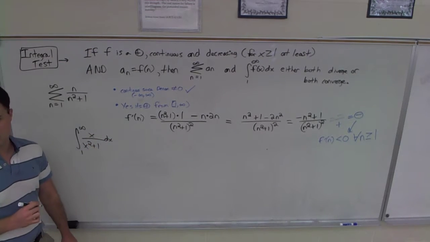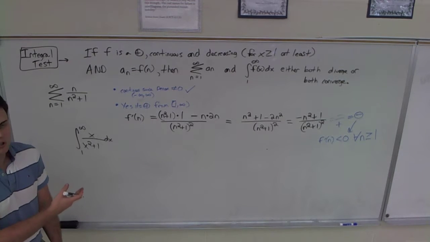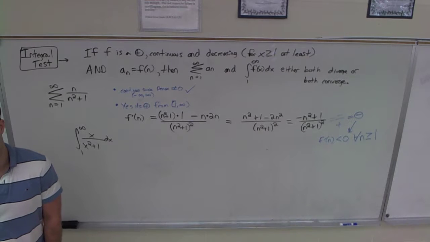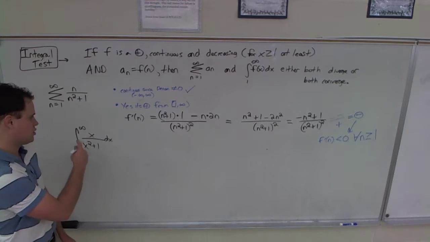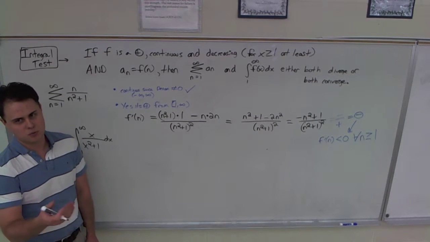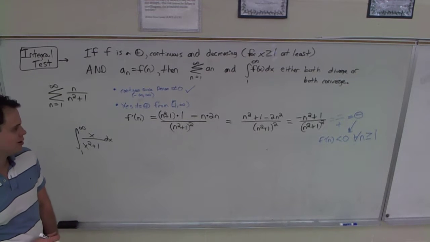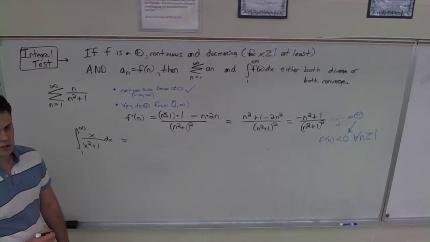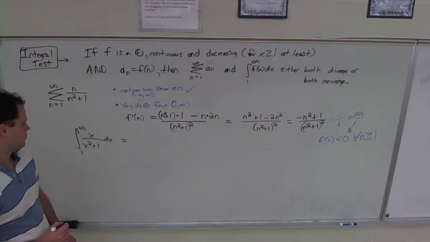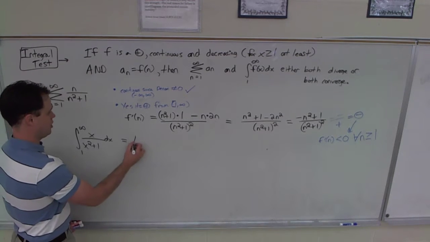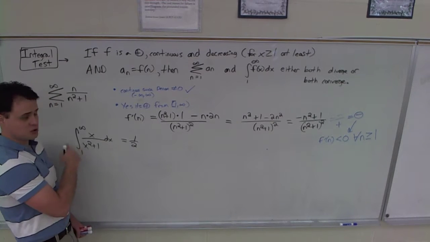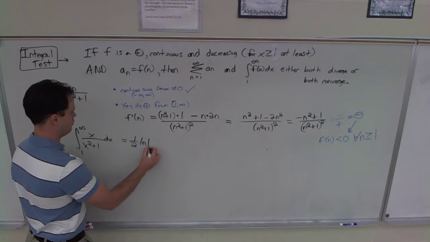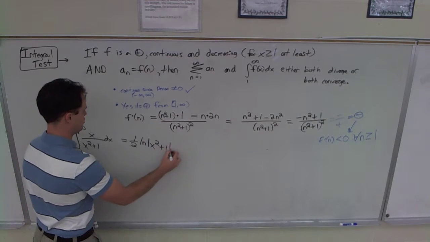Notice, why did I switch from n to x? Because now we're using a continuous type thing, and the connotation for n is that it's a discrete type thing, 1, 2, 3 type thing. x is like 1, 1.2, 1.75, you know, all that stuff. So can we do this integral? Yes. It's a simple u sub, isn't it? What's it going to be? x squared. Okay. 1/2, and u is the denominator, so ln of x squared plus 1